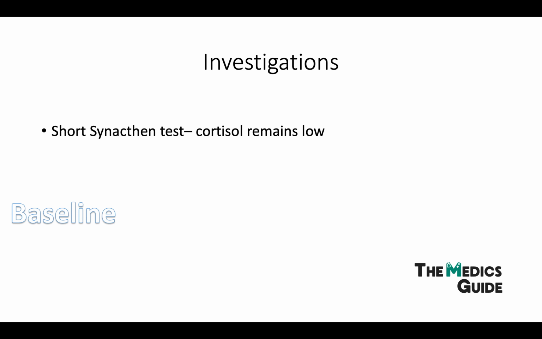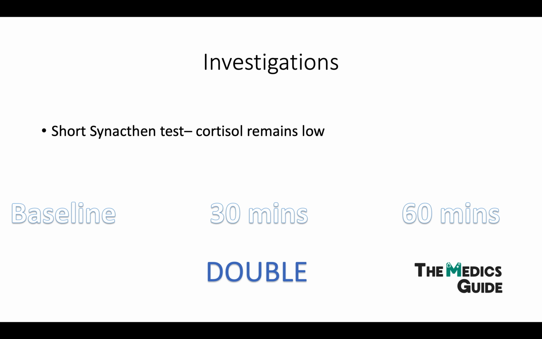Now, in someone with suspected Addison's, the definitive investigation is the short synacthen test, and it involves giving patients an injection of artificial ACTH, called synacthen, in an attempt to stimulate the adrenal glands to produce cortisol. Now, we measure the cortisol level at baseline when we give the synacthen, and we normally give it intramuscularly, and then we test the cortisol level at 30 minutes and 60 minutes, and we would expect this value to double. If it doesn't double, then we know that there's a problem with the adrenal glands and we can diagnose primary